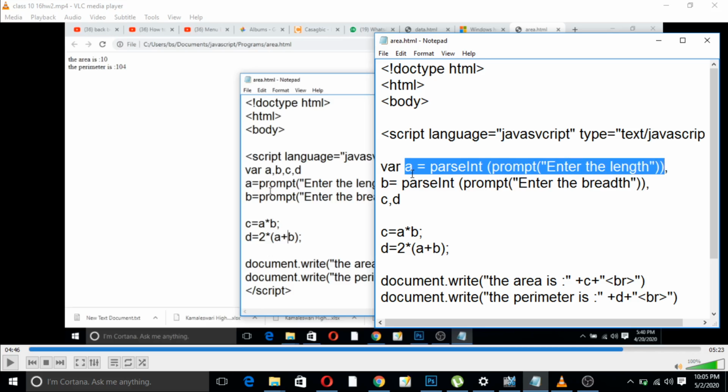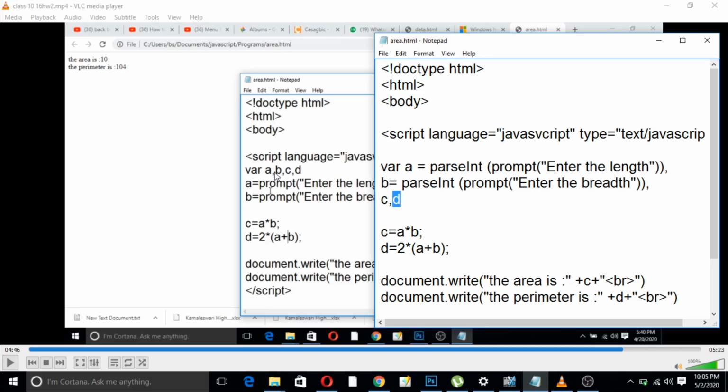Okay, see what we are doing here is, we are declaring the variables a, b, c and d, as we have done here. But the difference here is, we are declaring the value of a to be %int. Means we are defining that it is an integer. It should be parsed as an integer.